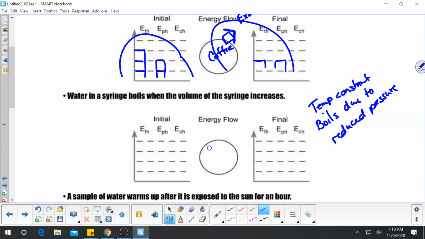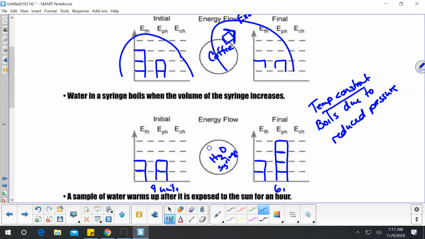So what are we looking at? We're looking at this water in the syringe. That's my system, the water that's in the syringe. It's at room temperature. And we said here the temperature is staying constant, so my thermal has to remain constant. The next thing is, initially it's water, and when it boils, it changes to a vapor. So the phase, we said 4 bars is going to represent the gas phase. If I look, I have 4 units here,